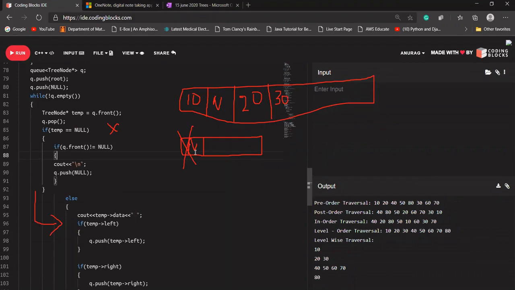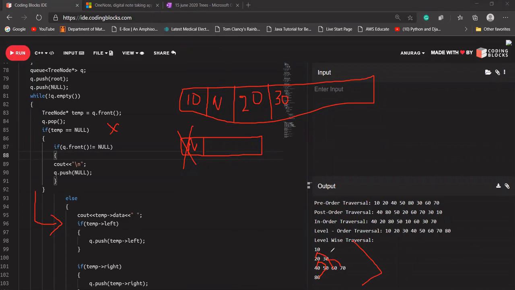Okay, so as I told you, I'm going to give you one question. The question says, let's say a tree is present here. Let's say this is the tree only. So I'm going to design my tree using this data. 10's left is this, 10's right is 30, and 20's left is this, 20's right is 50, and 30's left is this, and 30's right is 60. Okay, and 50's left is 80. Is that fine? That tree is visible to everyone, I think.